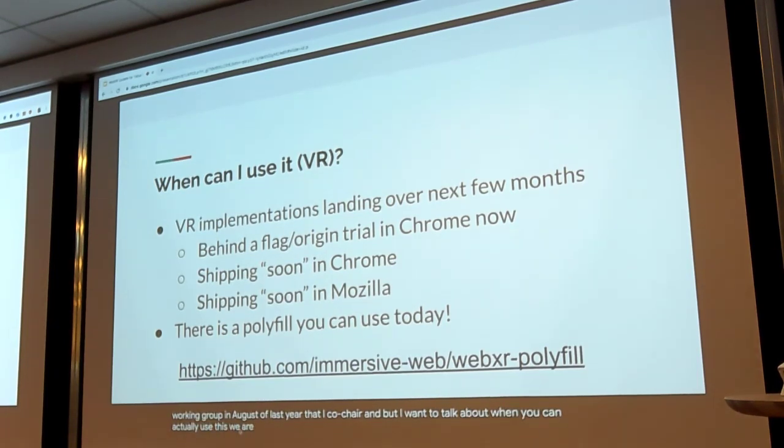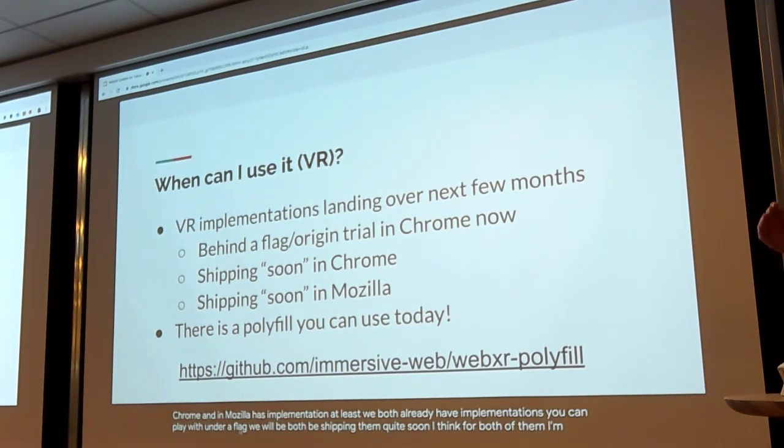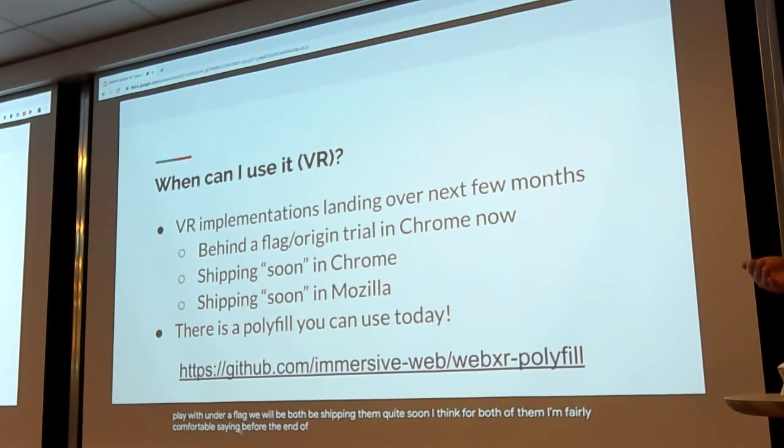We are actively building out the final bits of the VR scenarios for WebXR today in Chrome and in Mozilla's implementation at least. We both already have implementations you can play with under a flag. We will both be shipping them quite soon. I think for both of them, I'm fairly comfortable saying before the end of the year, these will be out and on by default for VR scenarios.